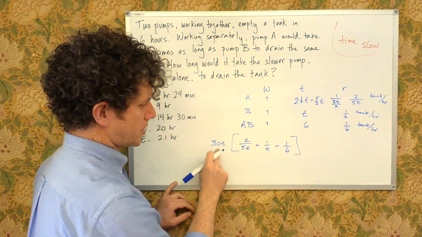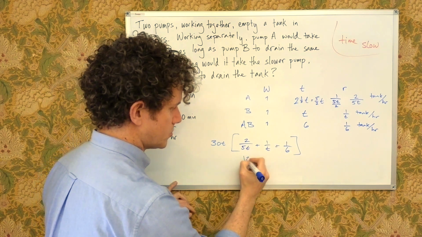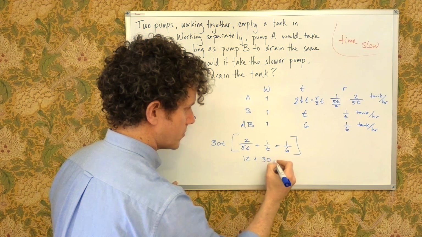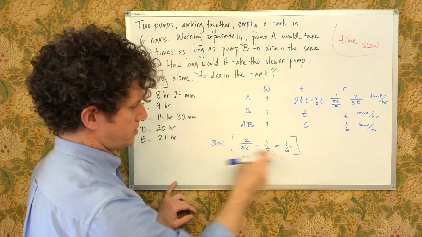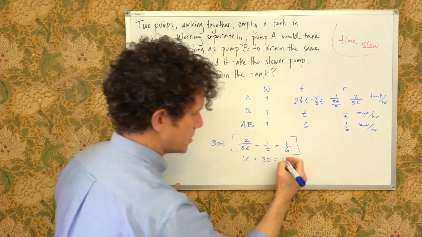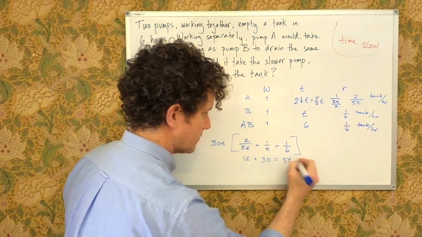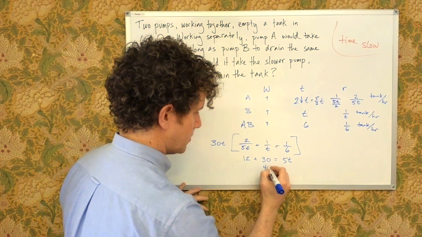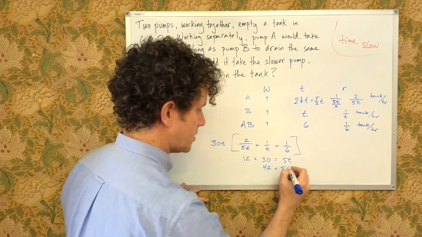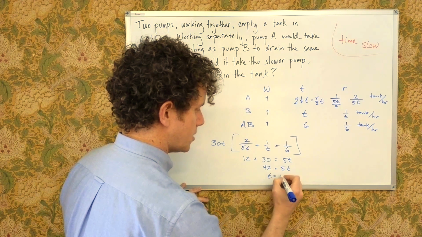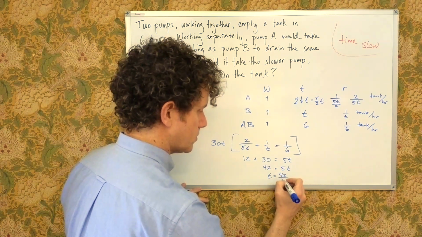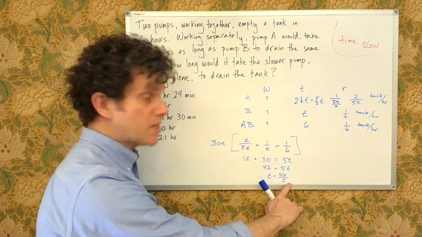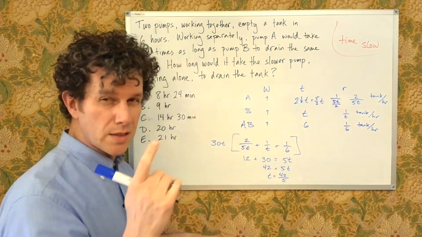My first term, that's going to cancel to give me 6. 2 times 6 is 12. Here, I just have my t canceling. 30 times 1 is 30. And over here, 6 is going to cancel with the 30, but the t is going to remain. I have 5t. Add these two things together, and we've got 42 equals 5t, and we've got t equals 42/5. Improper fraction, that's 8 and a little bit, and we've got 8 and a little bit, but we don't